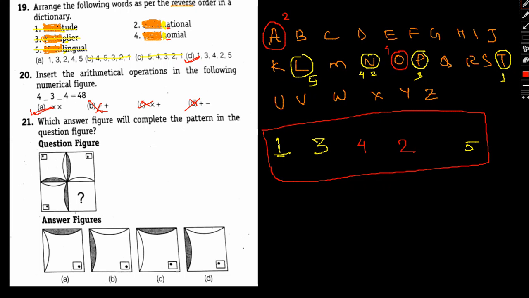So let's study this. Here the black part is here and the white part is here. This has been rotated by 90 degrees, so the black part comes right here. Again, this will be further rotated by 90 degrees. So this one will be the white part and this particular part will be the black part. This will again be the black part. Okay, so the option similar to this is option A. So option A is our answer.